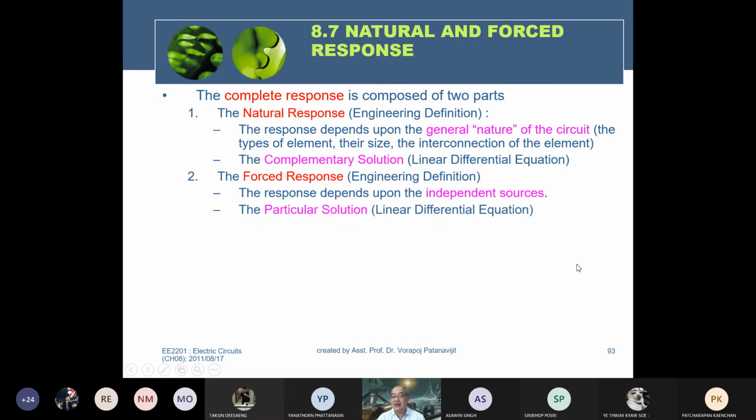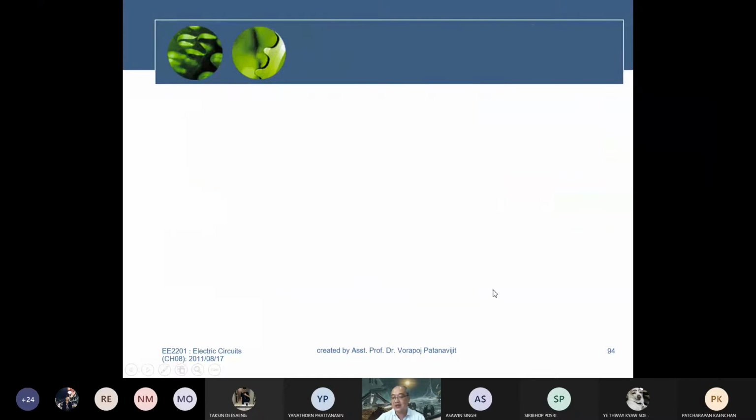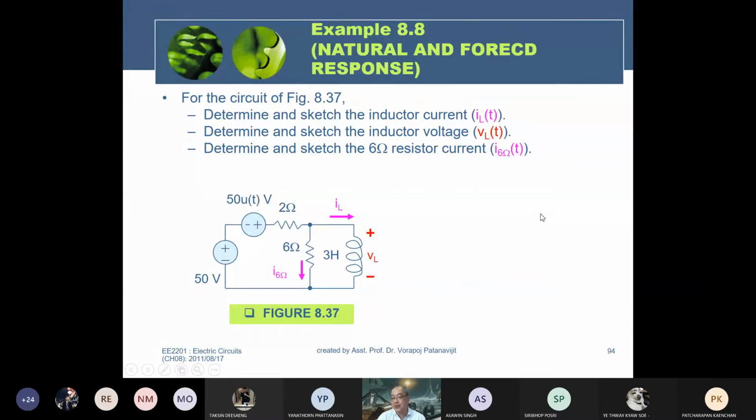From the mathematics point of view, or in E-math, we call the response that is solved from the differential equation the particular solution. Let us consider the general equation of this type from the previous section. Therefore, the general solution is composed of the natural response and the forced response. I already taught you how to solve them. You can use the previous four steps to get both the forced response and the natural response